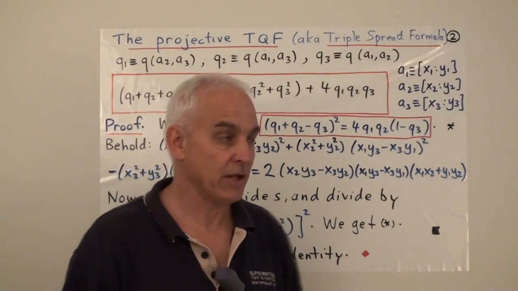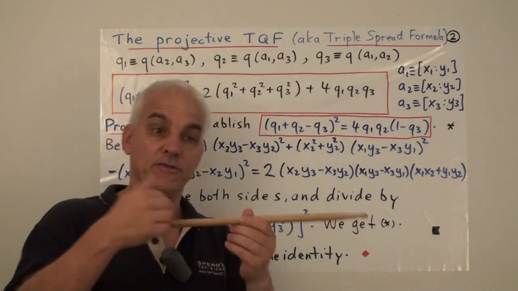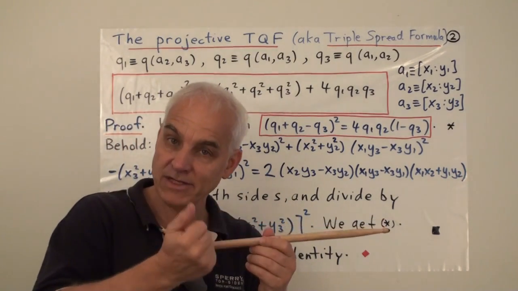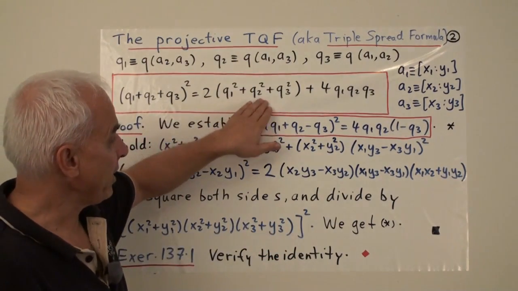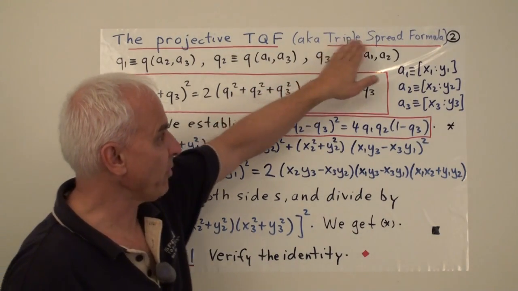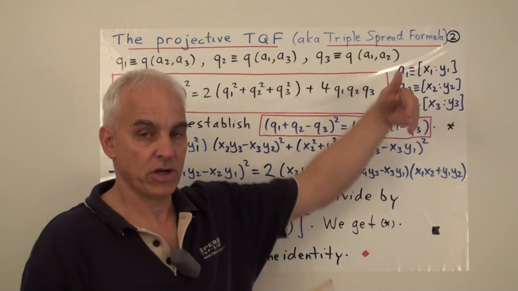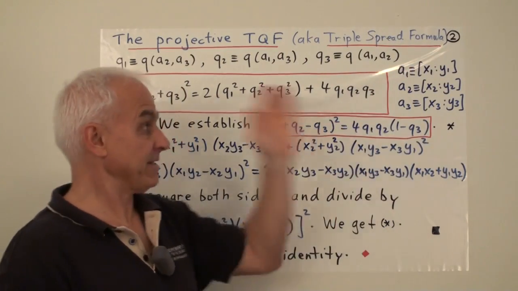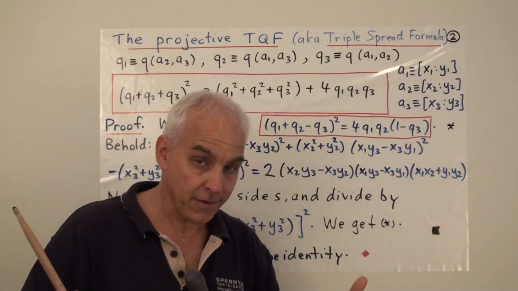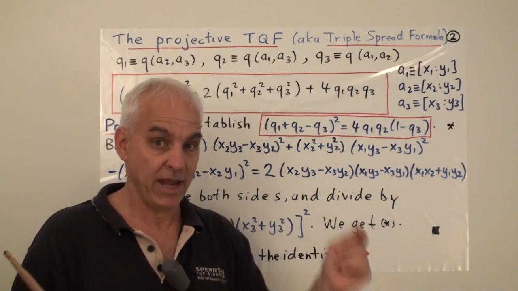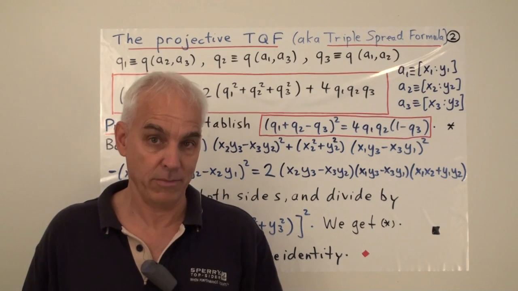All right, so here is this fundamental result that we talked about last time, the projective triple quad formula, the analog of the triple quad formula from the affine situation in this projective situation. This formula is also known as the triple spread formula, in the context of rational trigonometry in the plane. Exactly the same formula is one of the 5 main formulas of ordinary garden variety trigonometry in the plane once you do it correctly, in other words, once you adopt the point of view of rational trigonometry.